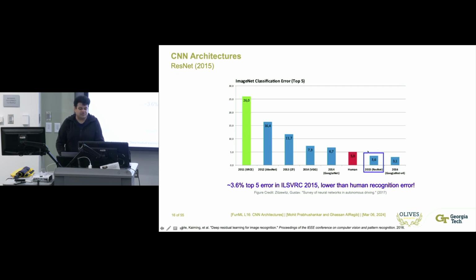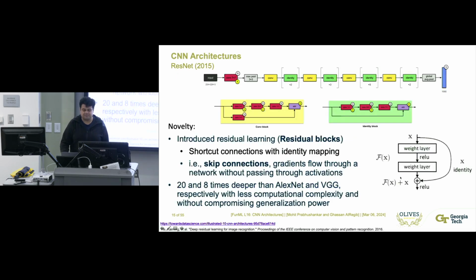ResNet architecture was the first one that was able to beat the 5% human error rate. It went down to about 3.6% top 5 error in the ILSVRC 2015 challenge. This was lower than human recognition error. One of the most important things that ResNet did was the addition of something called residual blocks and something called